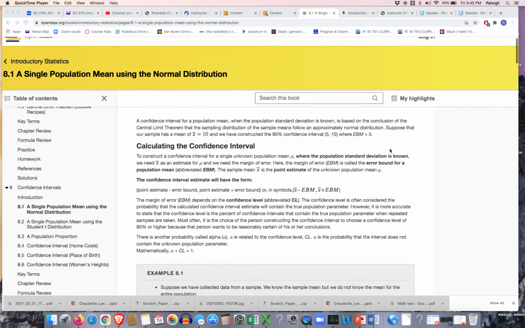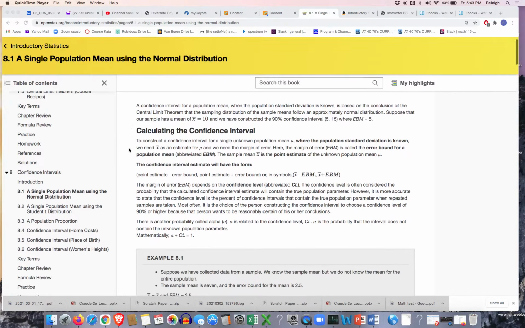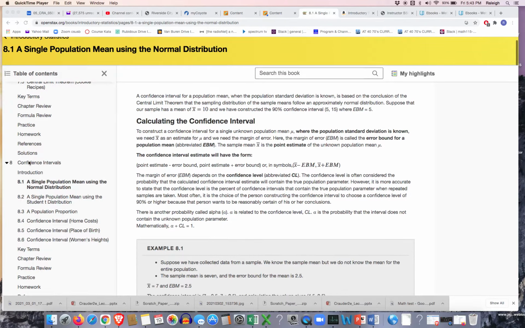So meanwhile, I'm going to kind of recover what we did last time about the confidence intervals, and I'm not happy with the titles of these sections sometimes. But the title of the chapter is confidence intervals. Maybe you can see it on the far left here, but the sections are talking about the confidence intervals, CIs, with respect to a single population mean using the Z, the normal distribution. And yes, I do want to get into 8.2, where we look at it from a different perspective. It's called the t-distribution, which has the same shape. I'll show you some pictures from our original book that look really almost indistinguishable,